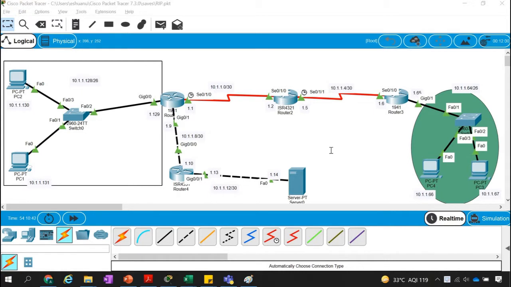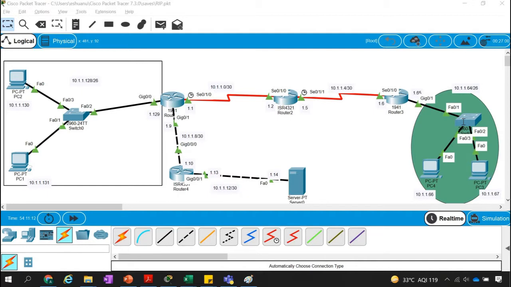There is always one way that we can use, a static route, because we have covered static routes till now. Using static routes, we can make communication possible between this computer and the server, or this computer and other computers, or from one network to another network. But if we configure the static route, then we have to configure a route on this router towards this, then on this router towards forward, on router 3 to the further network.